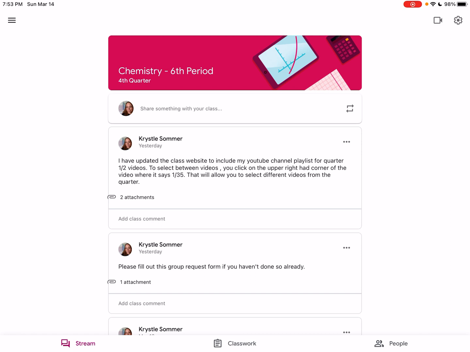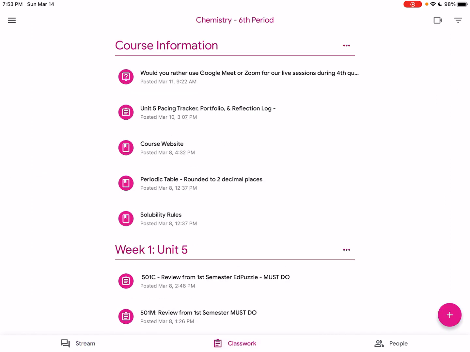And then if we go to the classwork, there's course information. And just like the previous unit or previous quarter, they're organized by weeks. The topics are organized by weeks. And so week 1 is unit 5. So if it was week 3, we would be in unit 6, etc. Course information has some very valuable tools, and it's also where your unit pacing trackers